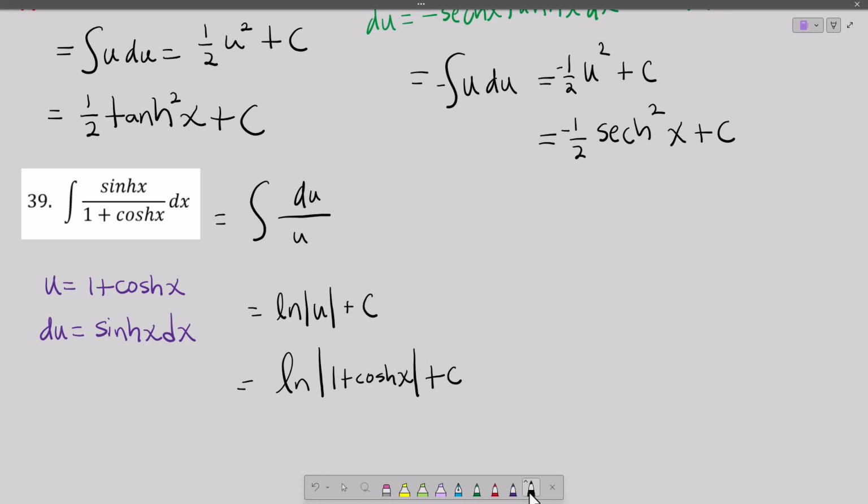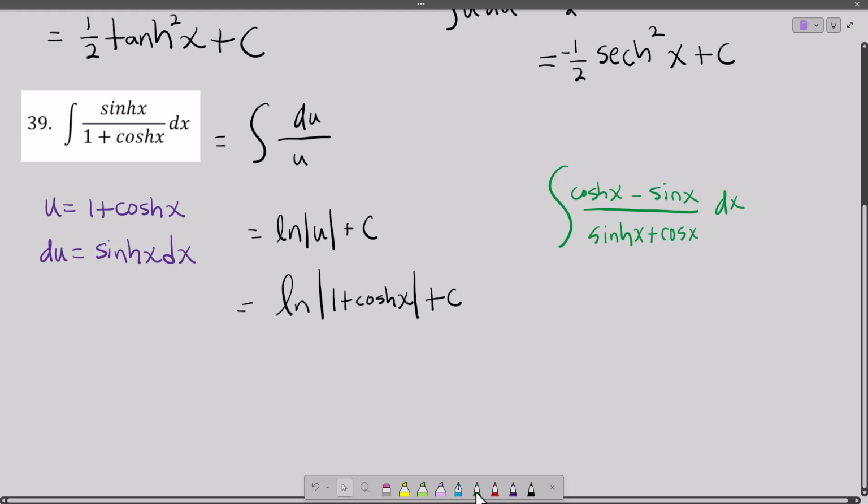And this is one of those ones I mentioned last week. This is in log form. Whenever you have a fraction, no matter how messy you make the denominator, let's put a sinh here, and let's put a cosh here. Let's do a cosh squared even. No, that's too messy. I don't want to do that much work. Let's do a cosine though. Let's do sinh plus cosine. If the numerator is cosh, derivative of cosine is negative sine. So if we have that,